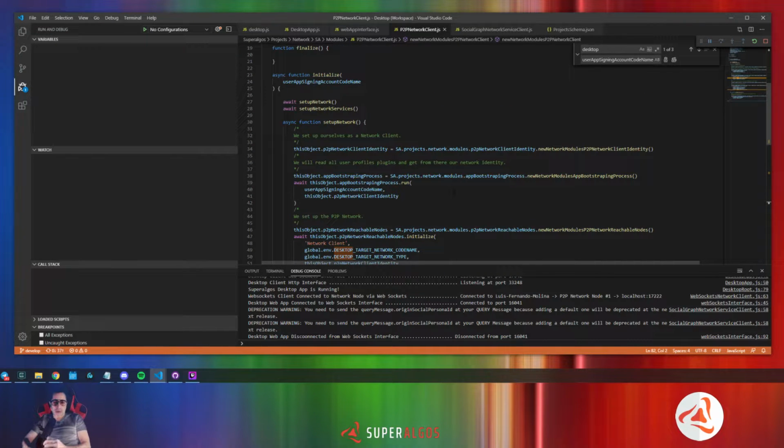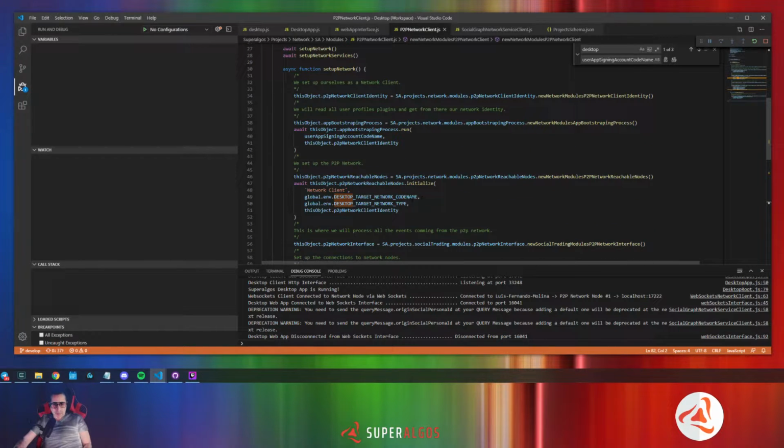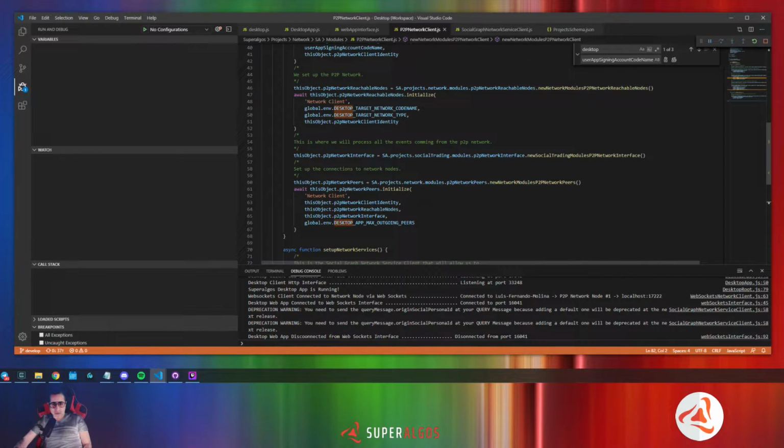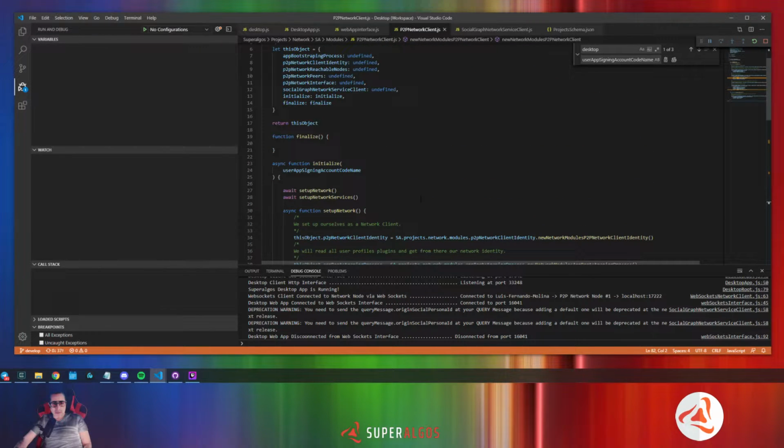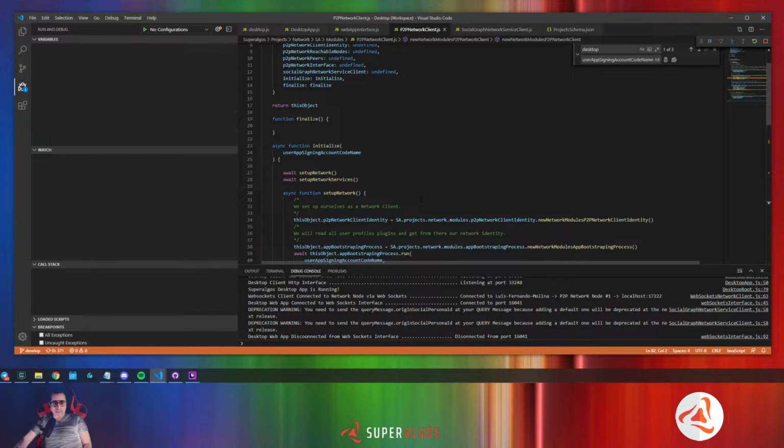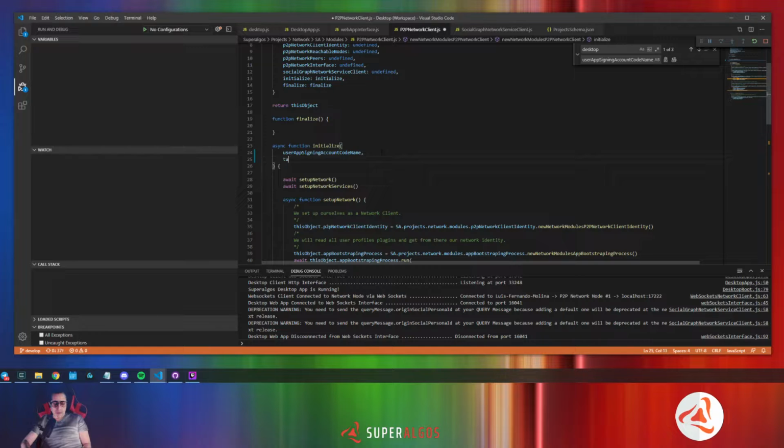Okay, so here we need target network code name, target network type. So these are like the definitions the network needs. Okay, target